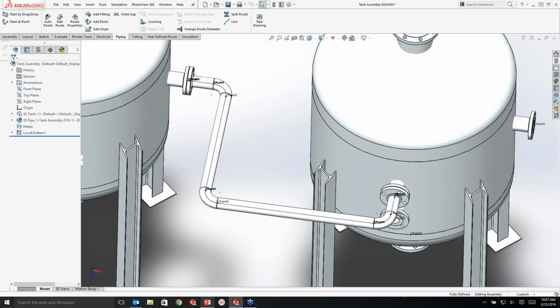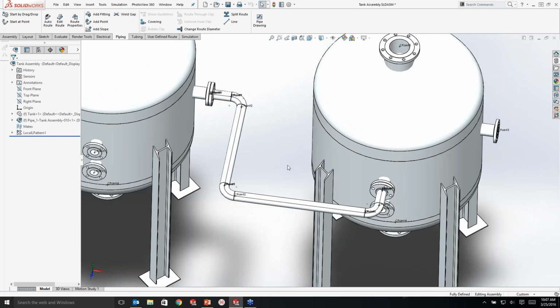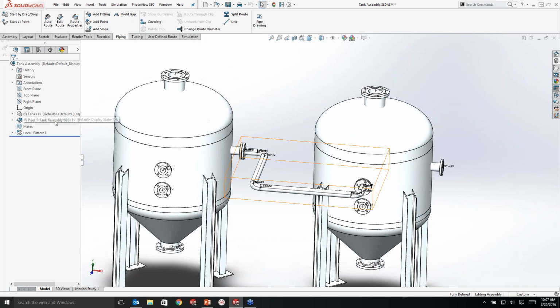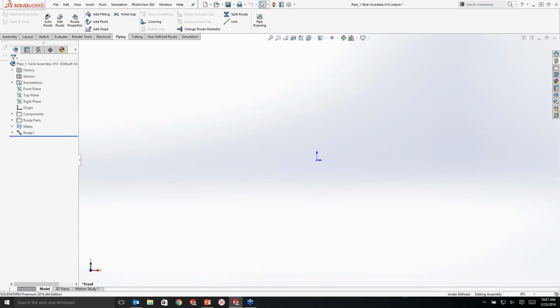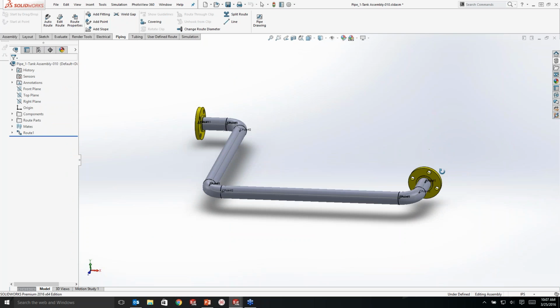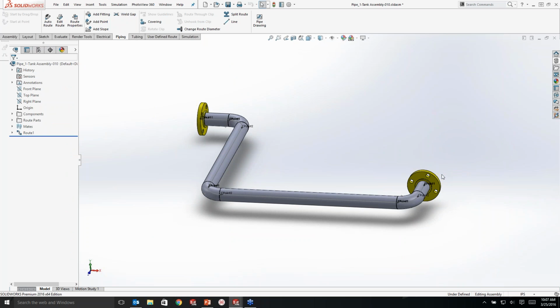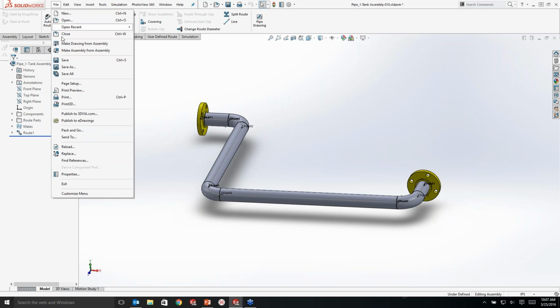If you had SOLIDWORKS Standard, you might be tempted to just send him over a screenshot of the subassembly. We can open that up here, but that really wouldn't give him all the info he needs. Your next option would probably be better, and that would be to create a drawing. A drawing would be pretty easy to create. It might take us a few minutes in SOLIDWORKS, but I'm worried without an engineering background, he might find that a little overwhelming. So we're going to use eDrawings, and you guys are familiar with eDrawings, but in SOLIDWORKS Pro